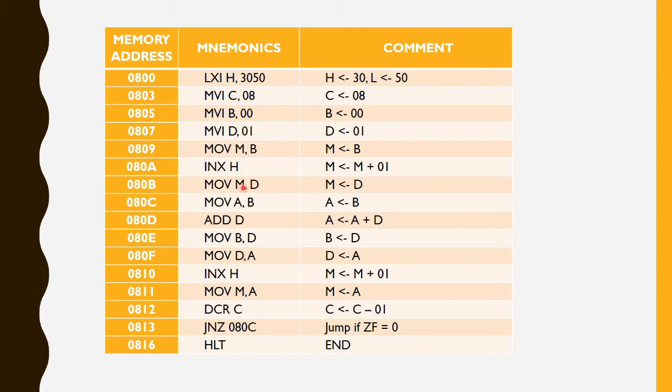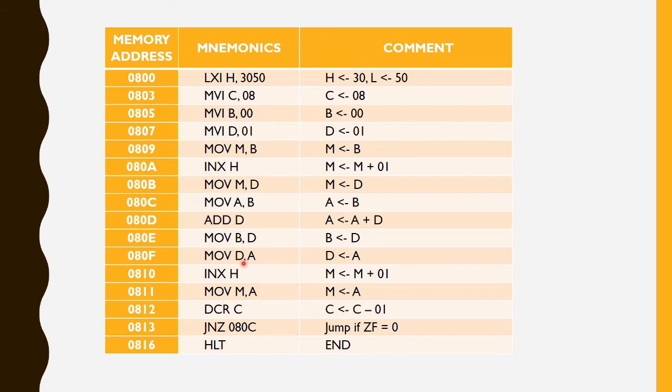of D. Next, we have to move the contents of B into the accumulator, because we will do the addition of the two numbers with the help of the accumulator. So MOV A, B. Thereafter we will add the contents of D to the accumulator. So we will add 01 to 00. And then we'll store the contents of